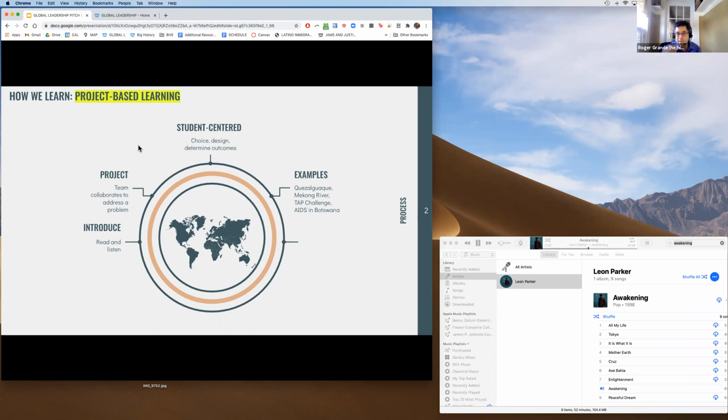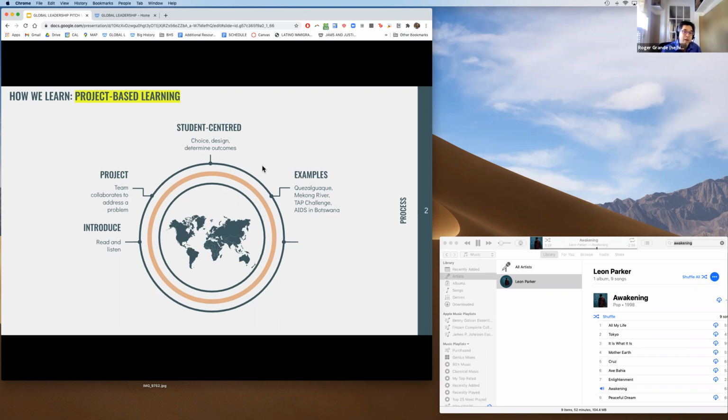Students are currently working on the TAP challenge. TAP, referring to both tap water and tap together against plastics. It's a challenge that we provide to the school community and beyond to reduce your use of single-use plastics and divert the money that students or adults would spend on those single-use plastics and instead make a donation to our sister city in Quetzalhuaca to help them improve their water. So again, it's authentic, it's real life, it's making a difference in the process, understanding some of the complexities of global issues around water security and